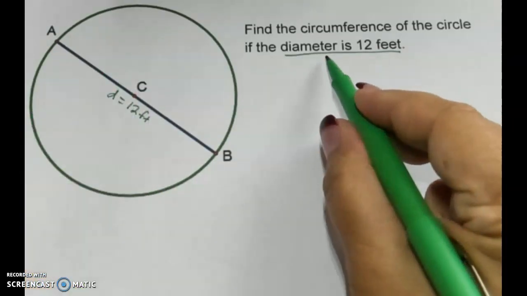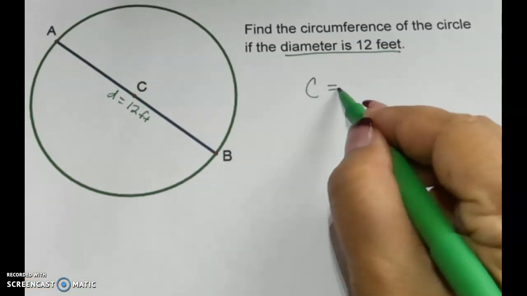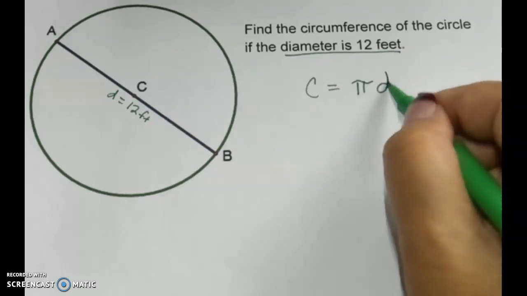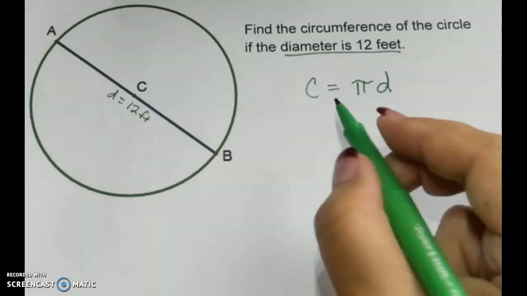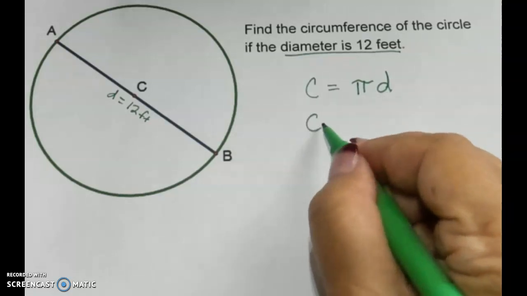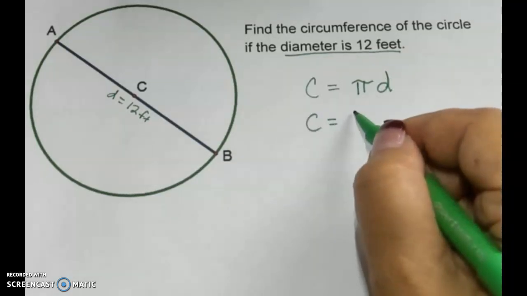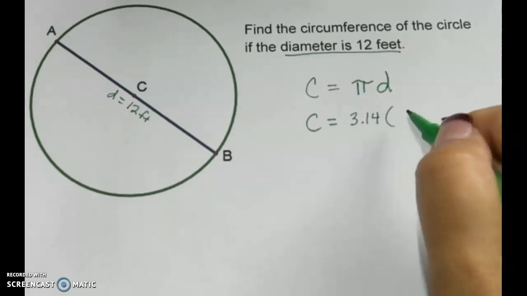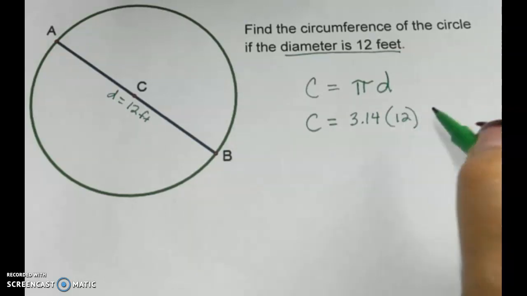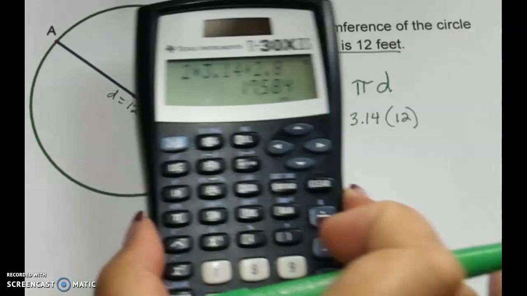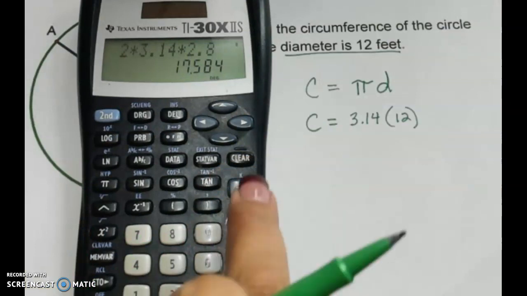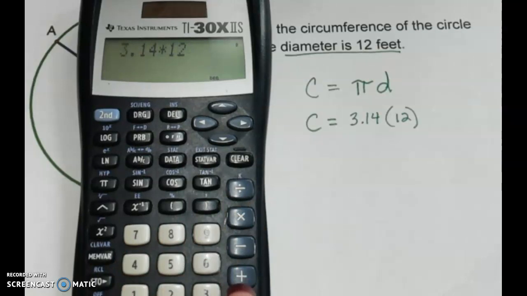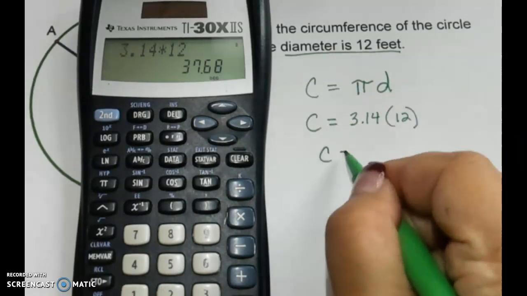Because we're given a diameter, this time we're going to use the circumference formula that includes diameter. That's pi times d. Again, we'll substitute in the values we know. We don't know the circumference. We know that pi is equal to 3.14, and we then know that our diameter is 12. Now we can go ahead and grab our calculator. We're multiplying 3.14 times 12 to find our circumference, and we get